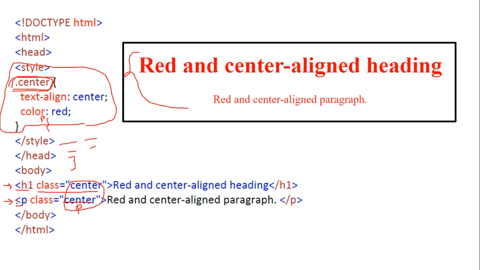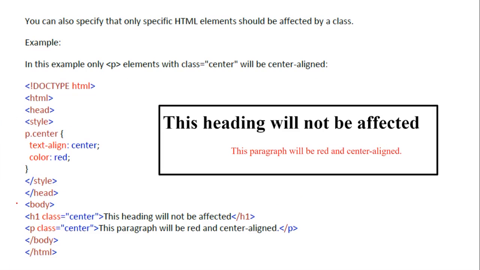So that's how we can use a CSS ID selector or a CSS class selector. You can use a class or you can use an ID if you have multiple heading ones or multiple paragraphs to be designed using CSS. Apart from that, with the same example, you can also specify that only a specific element should be